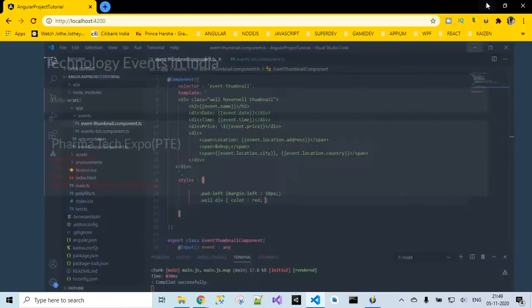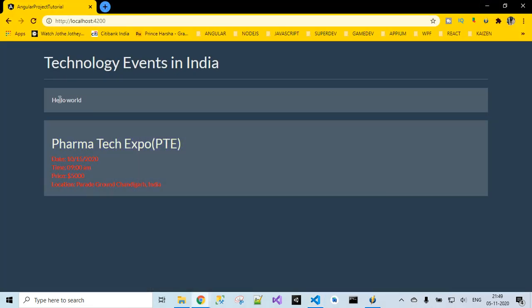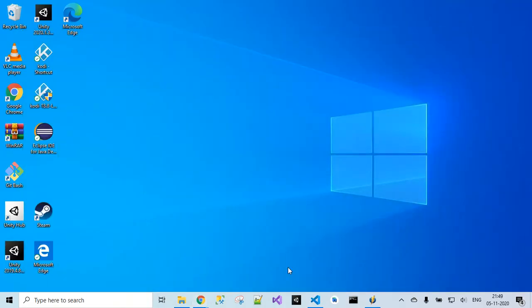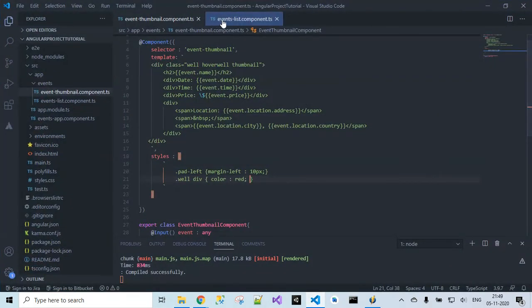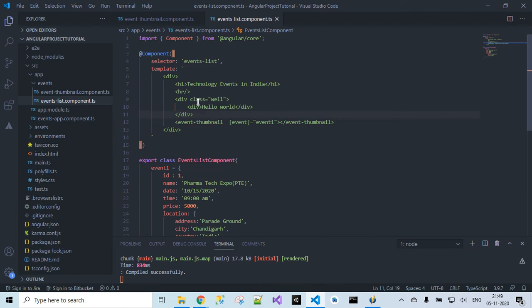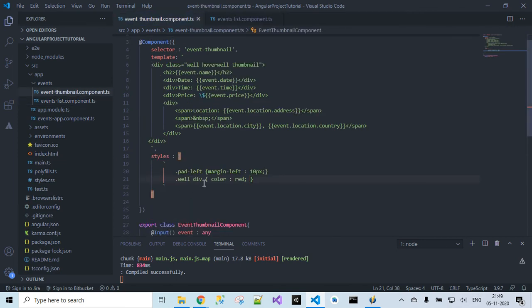But if you observe over here, the hello world message is getting displayed inside another well, but the color is not red, meaning this styling has not been applied. So the parent component, whatever we have declared over here, even though we are using the same class, that is well, and the element is also the same, that is div, still the color is not getting applied over here.